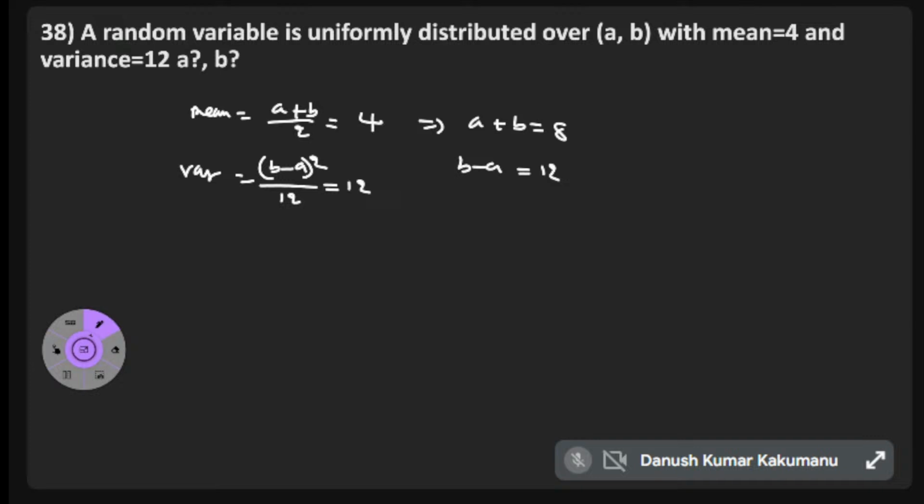What is the answer here? Both cancel. 2B is... A is 10. B is 10. A is